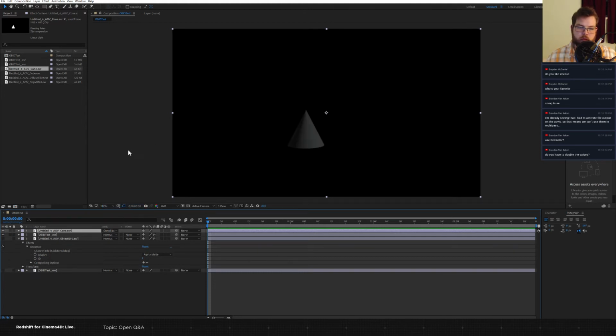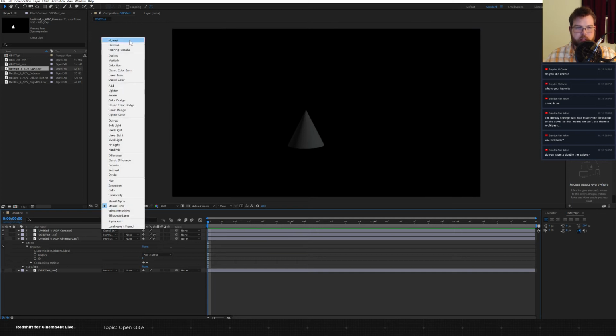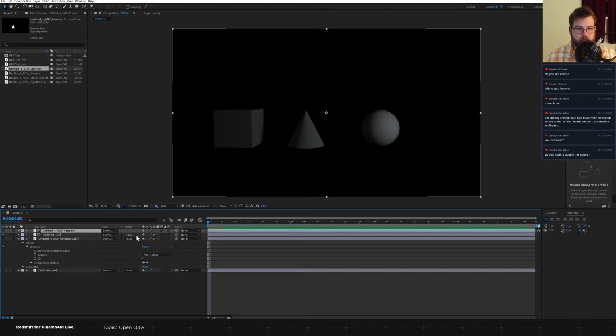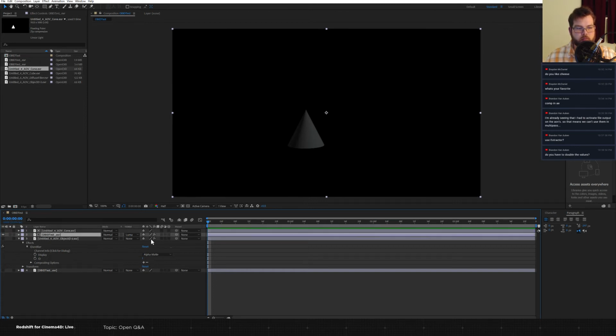Stencil luma. There we go. So there you go. You can isolate that there. Of course, you can pre-comp it if you want. Do what you need to do, or do it the other way around. You can use it as an alpha mat, of course. Or I guess it would have to be a luma mat. That's weird too. I'm not sure why it's not considering an alpha mat, but